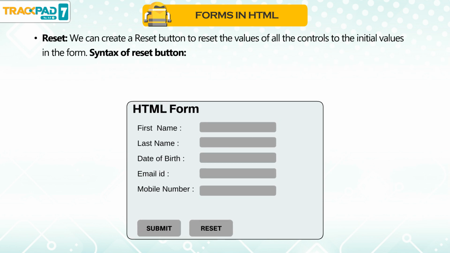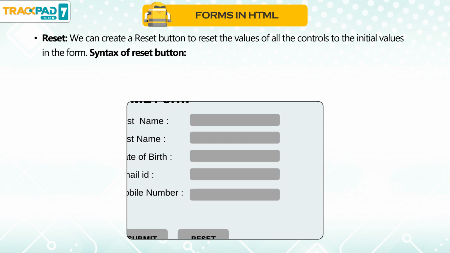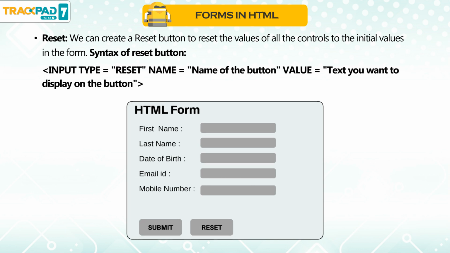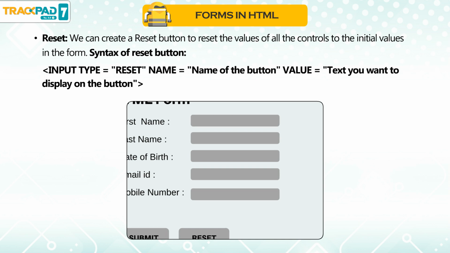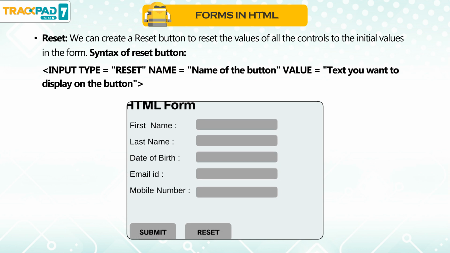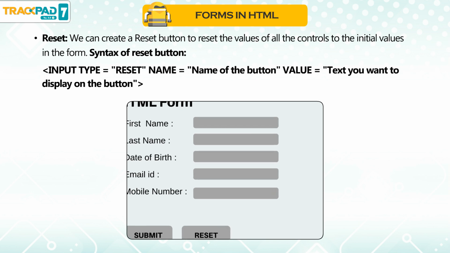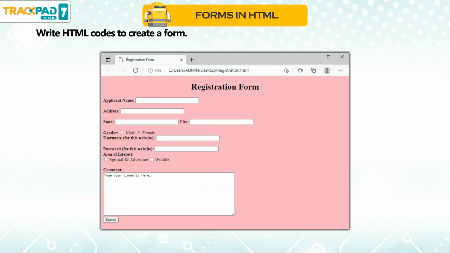Reset. We can create a reset button to reset the value of all the controls to the initial values in the form. Syntax of reset button. Input type equals double quotes reset. Name equals double quotes, name of the button. Value equals double quotes, text you want to display on the button. Write HTML codes to